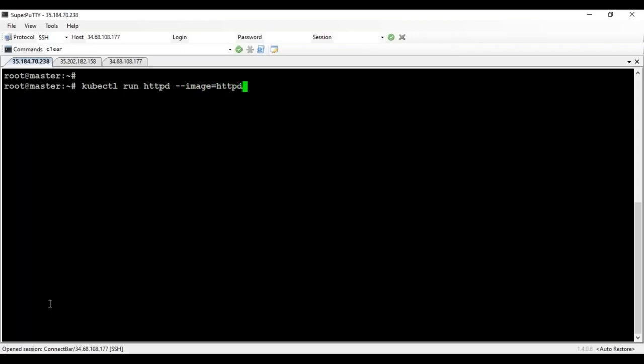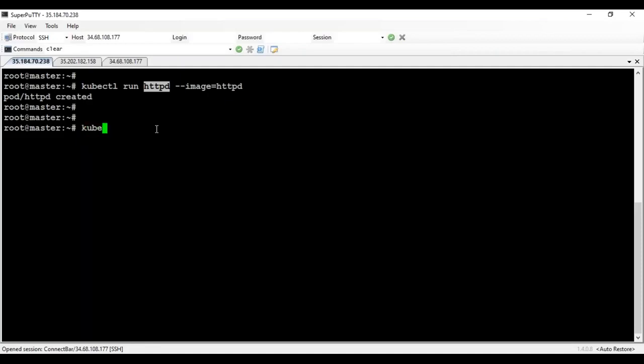This still uses your Docker images only, team. Don't think we are creating separate things here; this still uses the same Docker images, which are converted into containers. Kubernetes also does the same thing. This is a simple command to create a single pod on your cluster. Let's look at that. Now it says that pod httpd got created. This is the name of the pod which I've given. You can give any name there.